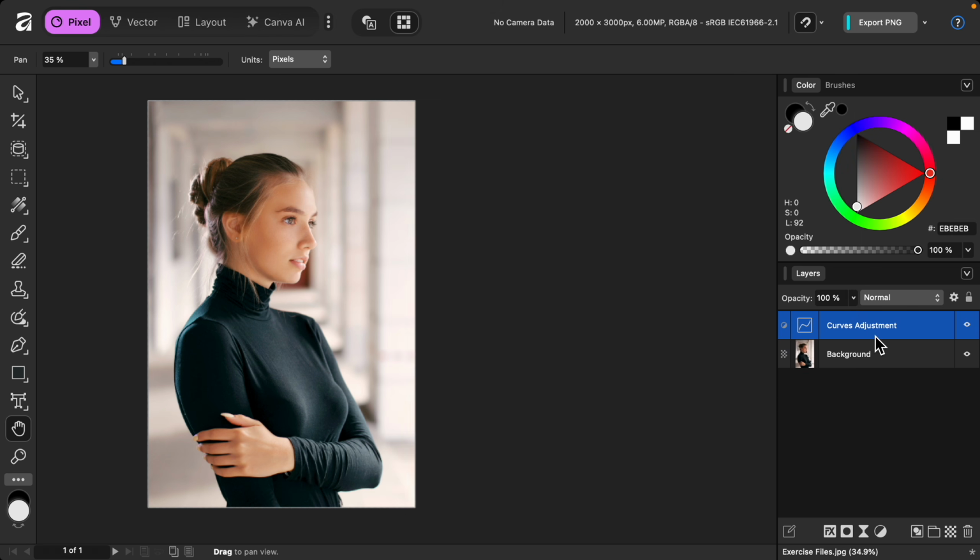And you can see what this looked like before and after. You can see the lighting is much softer and brighter on our subject, and I really like how that looks. But if you look at the background, we've lost a lot of detail in the shadows back there. So to finish this off, I want to paint this curves adjustment so that it's only being applied to our